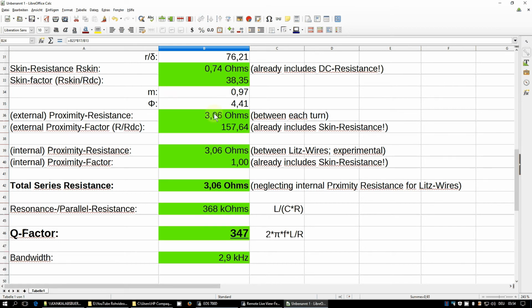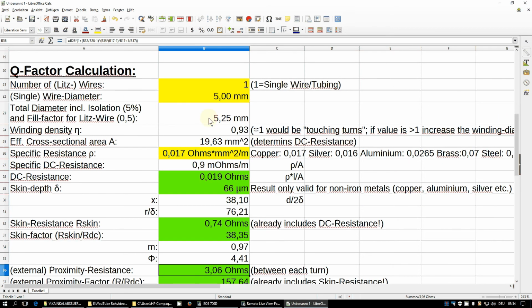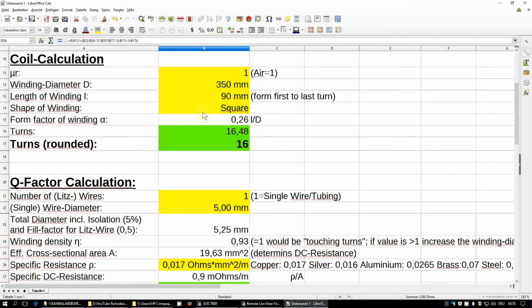Why is that? Again, the turns are too narrow to each other. There's not enough space between them. So again, we have the proximity effect, and you can see how you can iterate now to find the perfect winding for your purpose. But now I tell you,